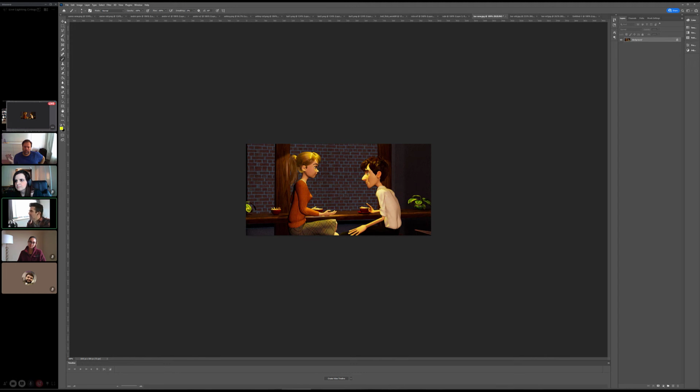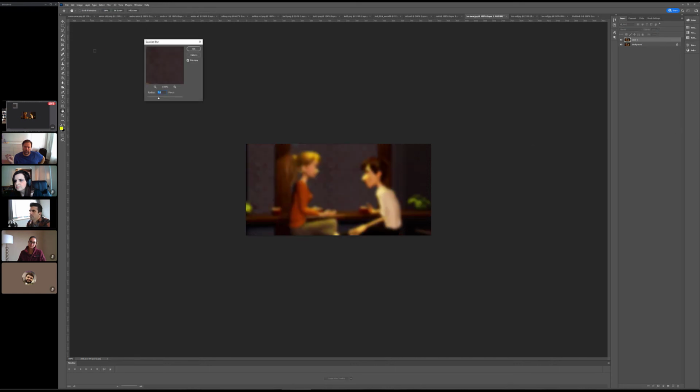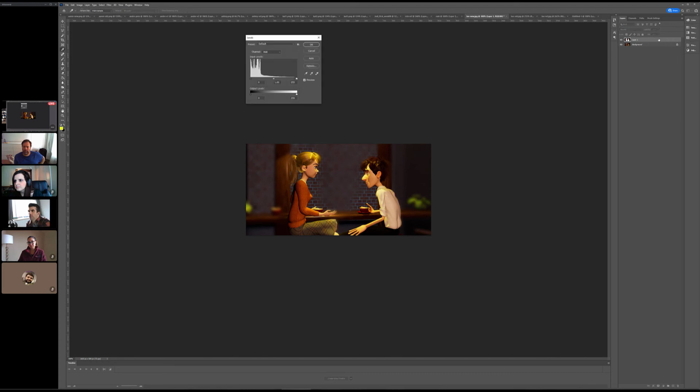The background itself can then go a little bit blurry. And actually, you probably go a little bit darker on the background too. Let's see that in just a second. That is too much blur on the background, but you get the idea. Go a little bit darker out there, and then for the characters,